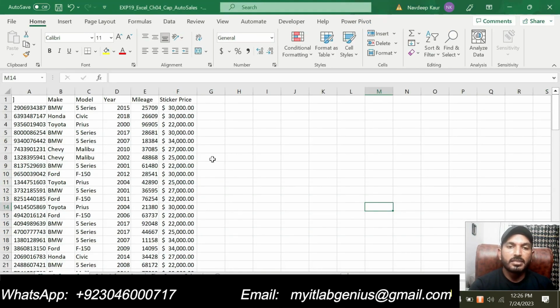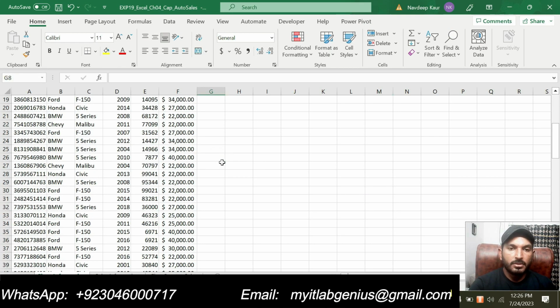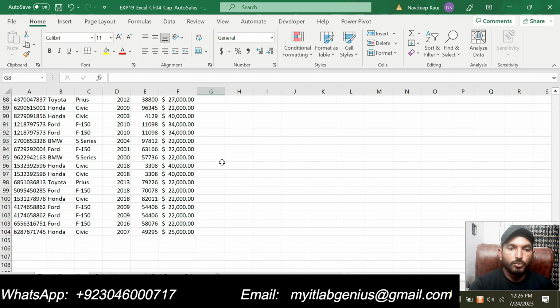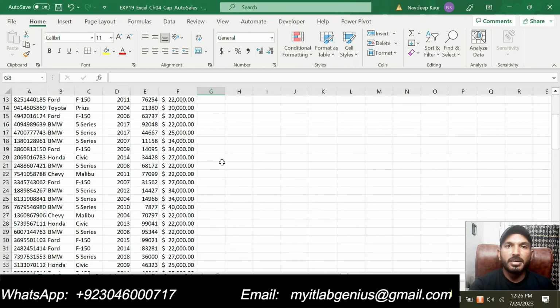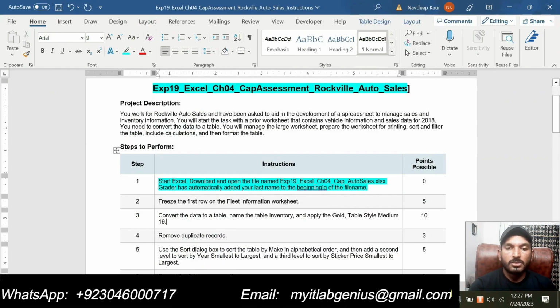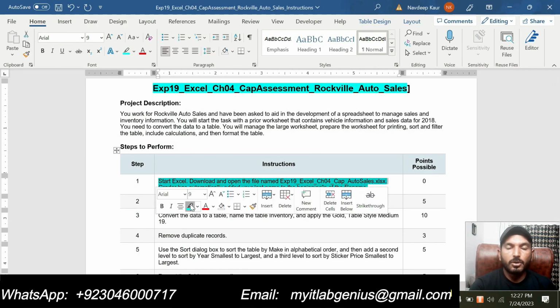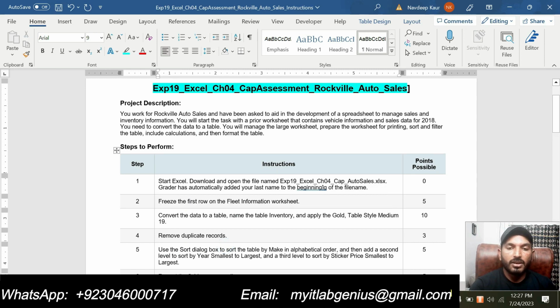This is the Excel workbook that I have downloaded, but you can download it from your My IT Lab dashboard. We are supposed to apply all these instructions to this workbook to make the file final for submission. So we will move to step number 2 because step number 1 is just about downloading the file.